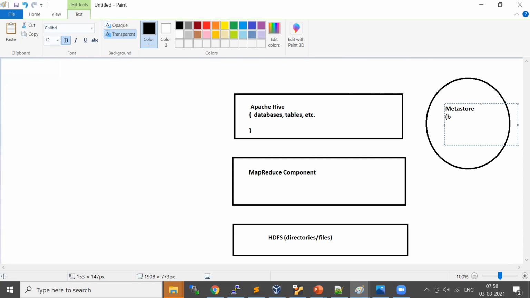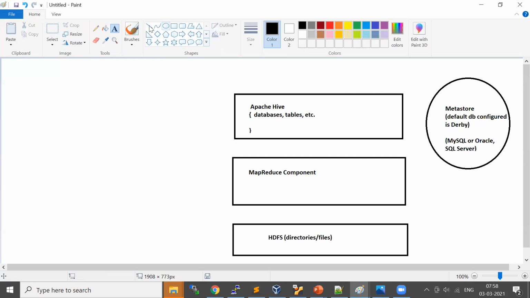By default, the DB configured is Derby, but we can go and change it to either MySQL or Oracle or SQL Server.